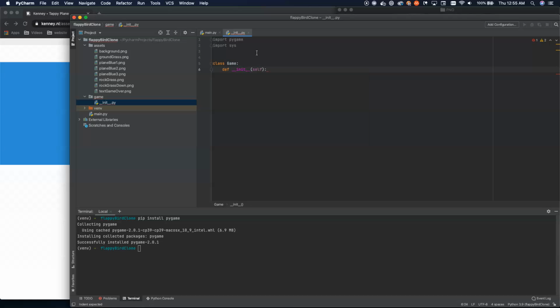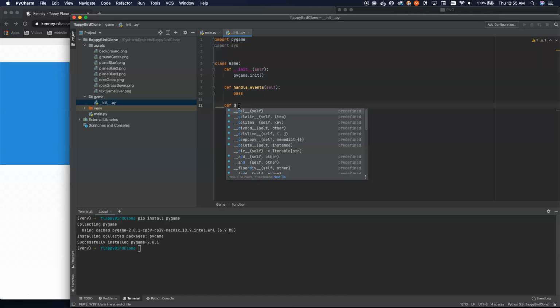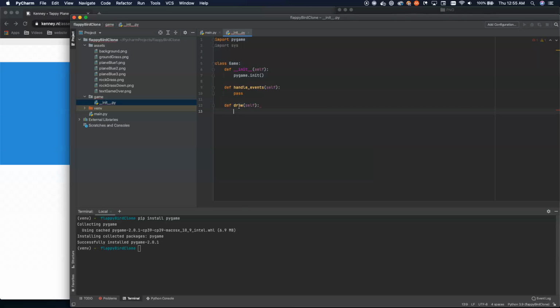First, we're going to set up the init, and inside of init, call pygame.init. That's the first thing we're going to do. Then we're going to set up another method here: handle events, and we're going to pass for now. All of these we're just going to set up and then pass on so that we can come back and actually fill them in later as we build out the content of our game. Then we're going to do a draw, and we're going to pass on it as well. And finally, update. Okay, so we'll go ahead and pass